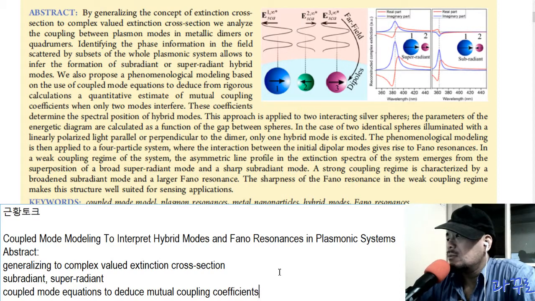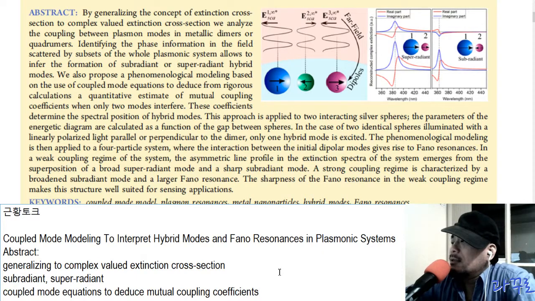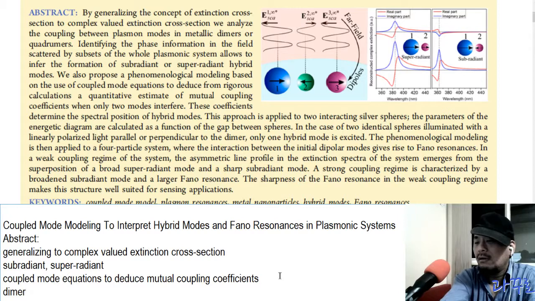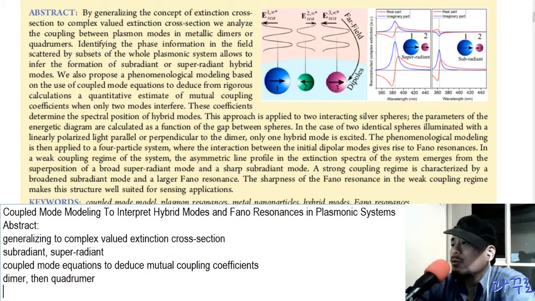The phenomenological modeling is then applied to a four-particle system where the interaction between the initial dipolar modes gives rise to Fano resonances. 그러니까 diamond, then quadrumer. diamond부터 하고 quadrumer에다가 했다는 건데